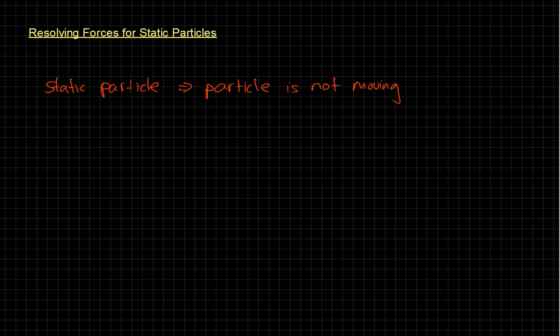Let's just be a bit pedantic and follow the full line of logic here. The particle is not moving. Therefore, it has zero acceleration. Remember, a particle can move and still have zero acceleration, as long as it's at constant velocity. But if it's not moving, it's got a constant speed, and the speed is zero. It has zero acceleration. The speed is not changing, and zero acceleration by F equals ma